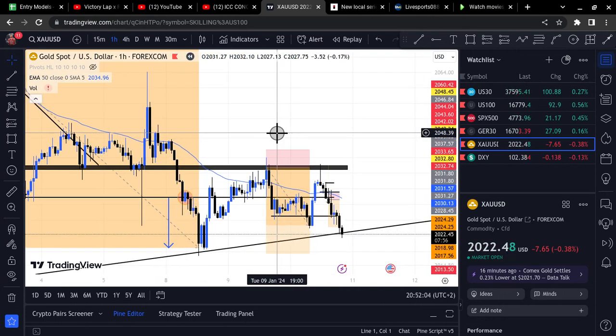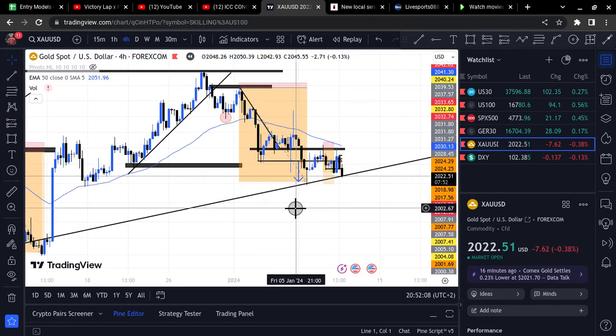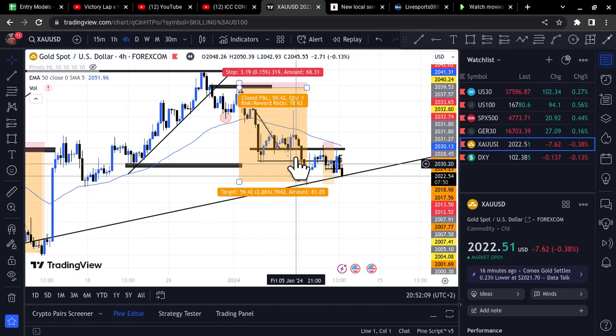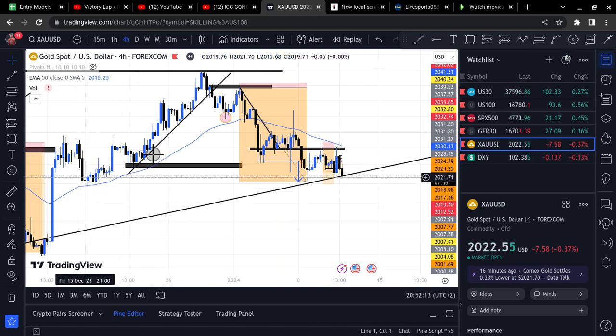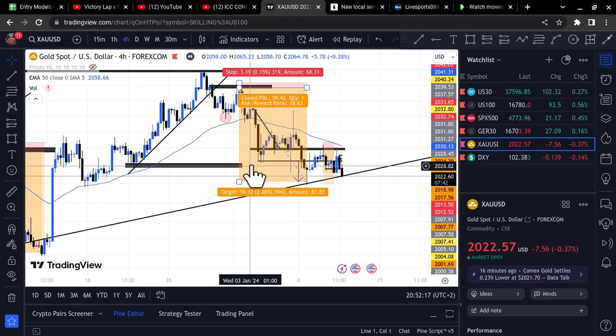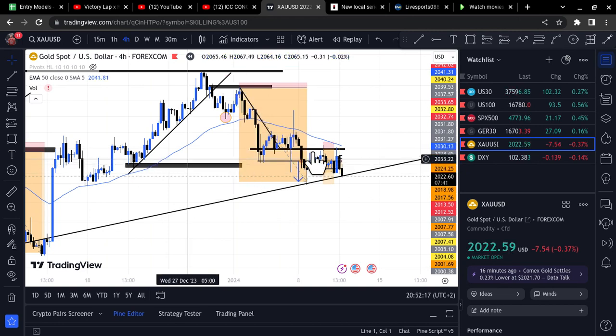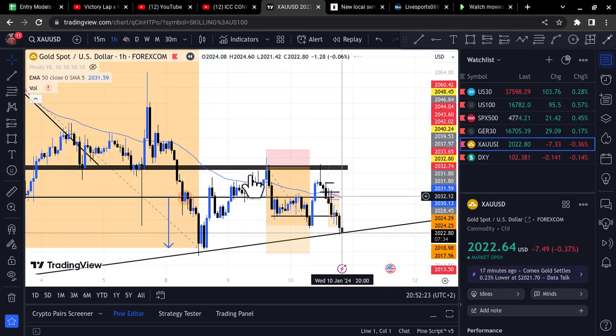So gold is on a nice downtrend here. We had obviously a break of this trend line. We retested here, which is how we got this. So now that we know that gold is trending downwards after this reversal,